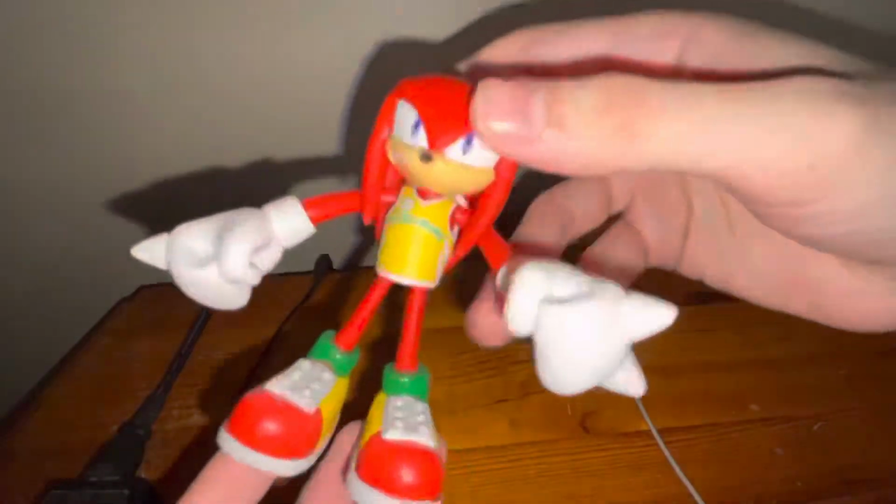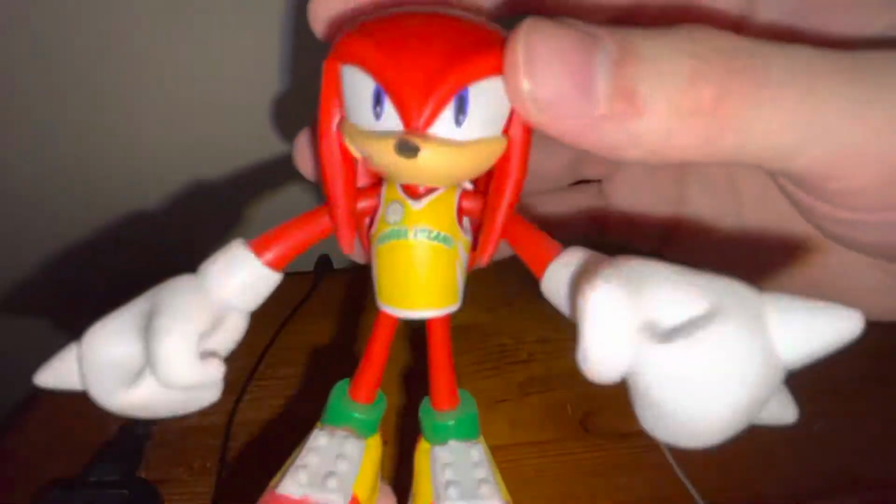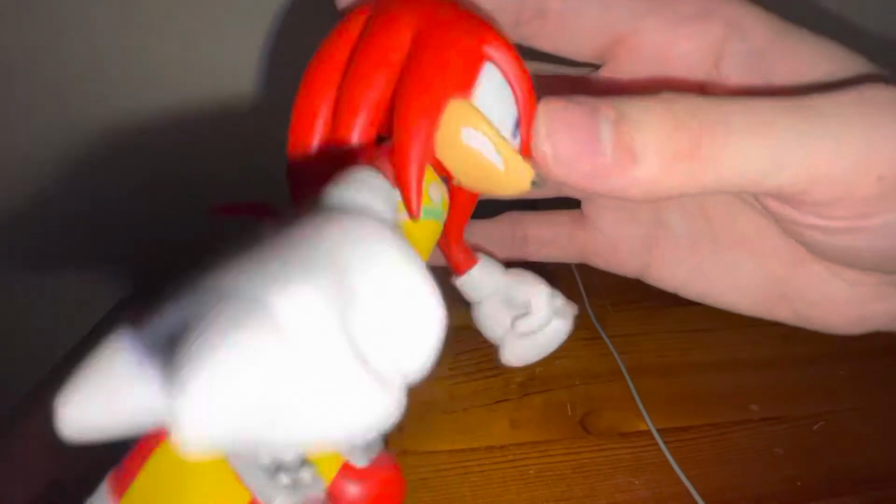Start here. I don't know why I'm starting with the bottom of his feet. I just like how they got the pattern on the bottom of his shoes there. So here's the jersey. The jersey does come off, so if you don't want the jersey on, you could just have a basic Knuckles figure. I'm not going to do that, though, in this video. You see his...